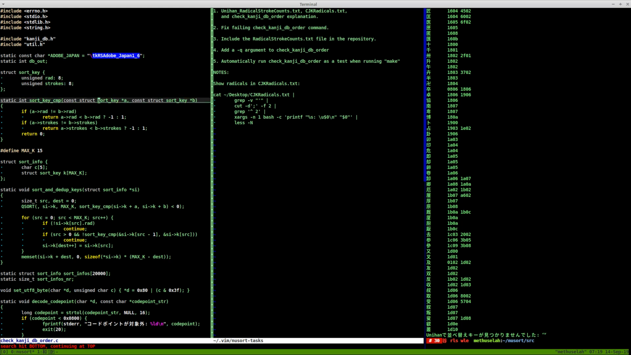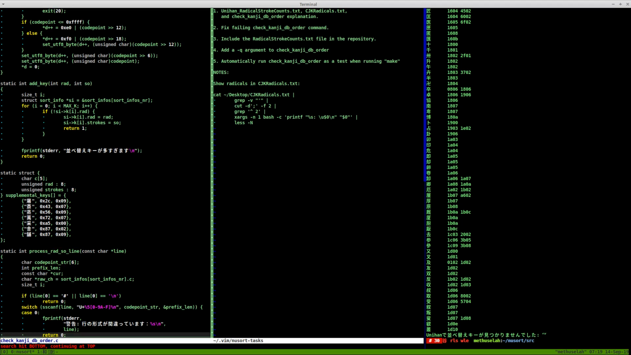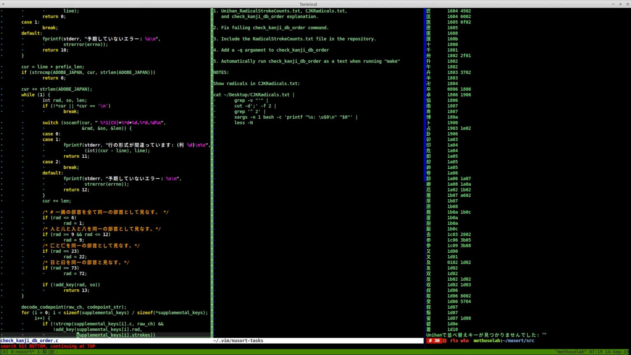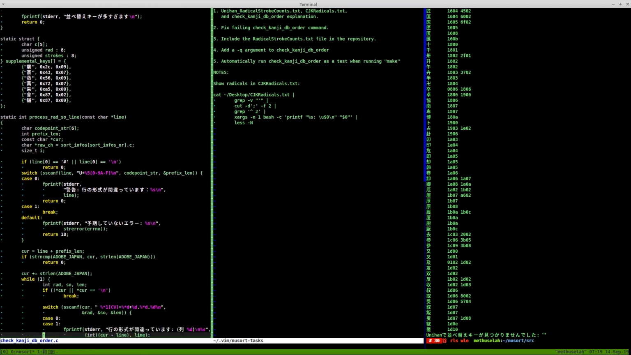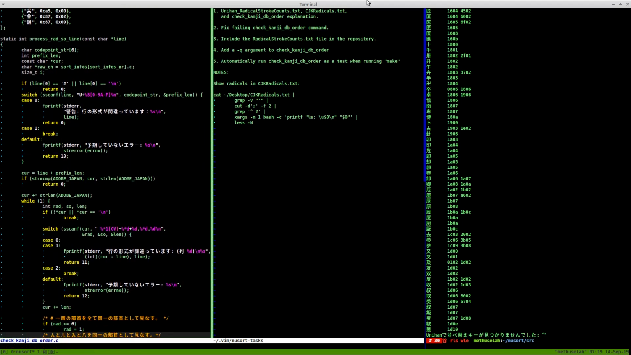So it reads from those fields, and let's look at the entry point and just go over it. Let's actually go to the process radical stroke count line, and SO means stroke count. It's an acronym that I chose when I wasn't concentrating, so it doesn't make sense. So process radical stroke count line, and this will skip all comment lines and all blank lines, and it